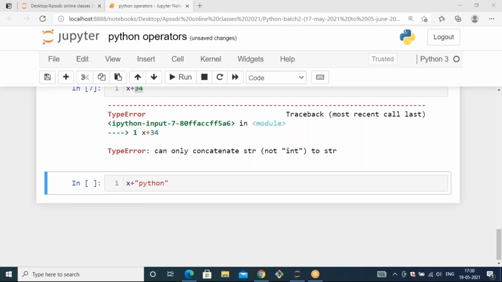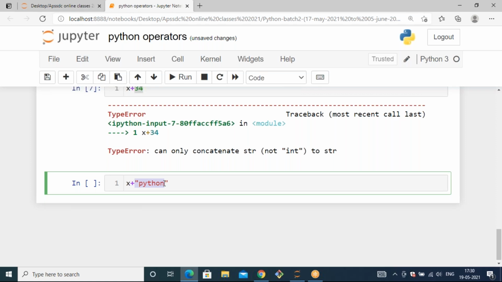Instead of running the cell, try to understand by yourself and apply it. Yes, it's possible. Why is it possible? Yes, it's concatenating. Both are strings, because x is a string and we are concatenating some new text which is also a string.